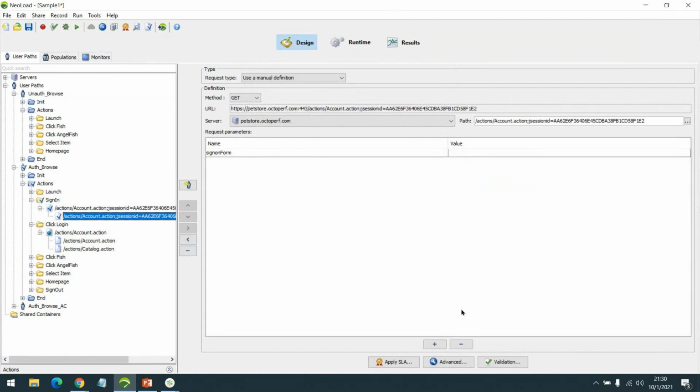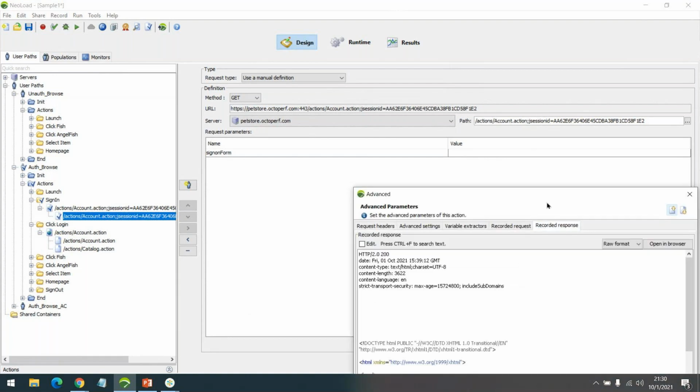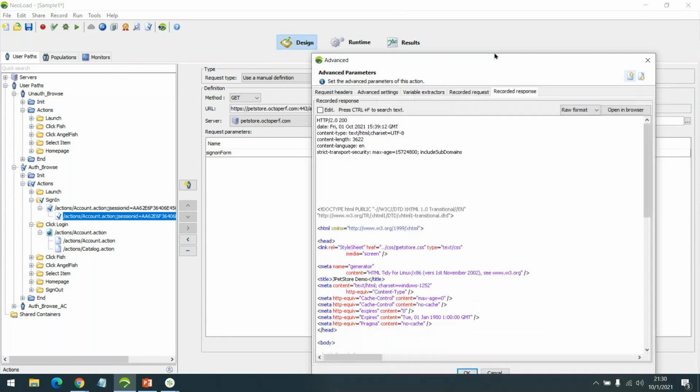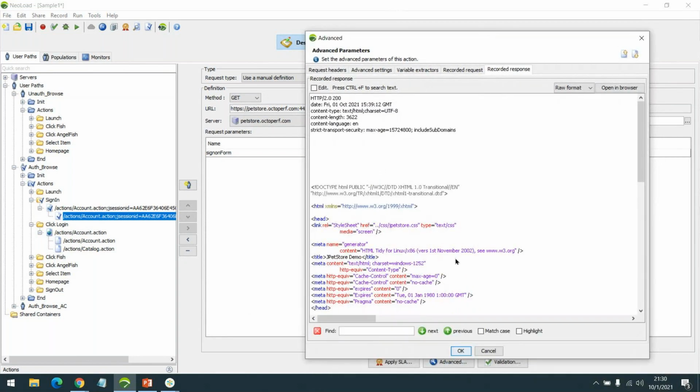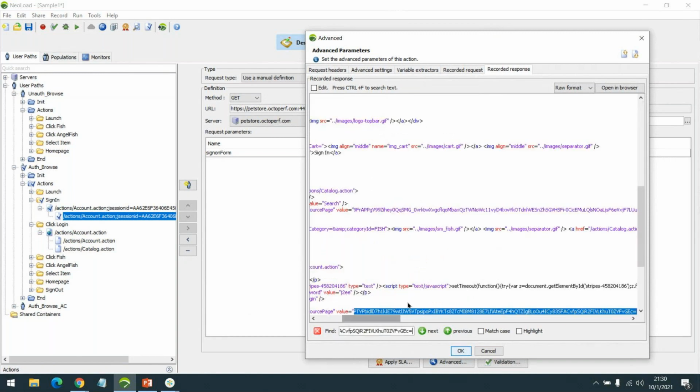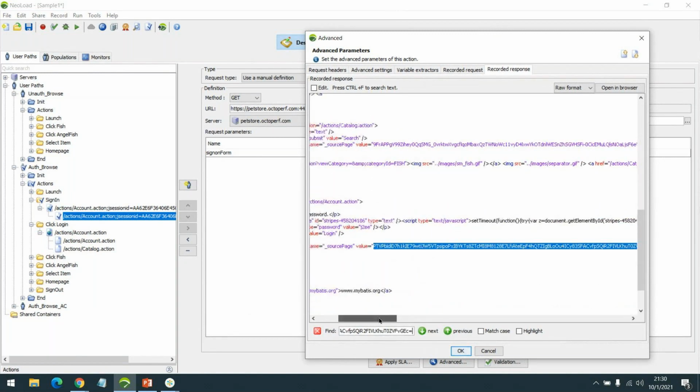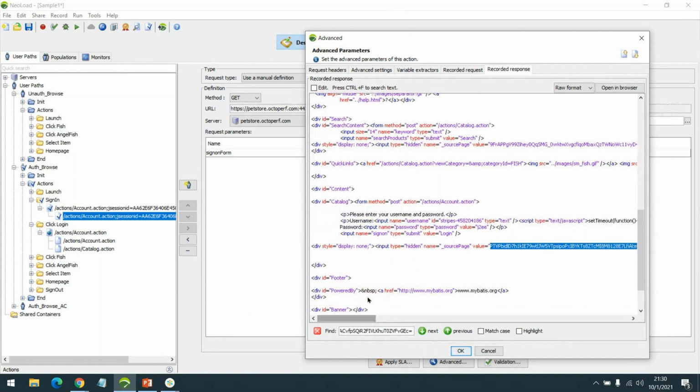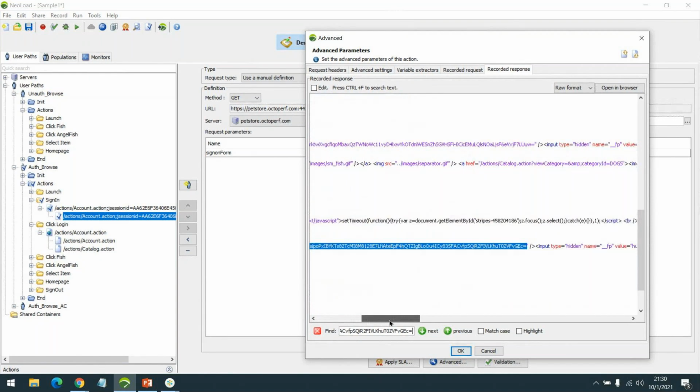So how can we check it? We have to go to advanced. Under this recorded response, I'm just using Control F, and then I'm pasting this value. After I paste this value, what I see there is a name, source page, and the value is that specific value.